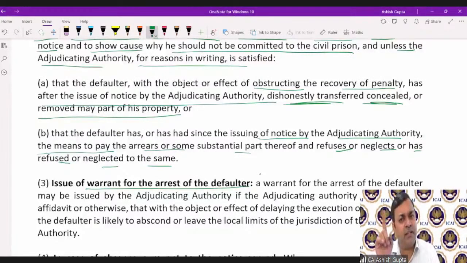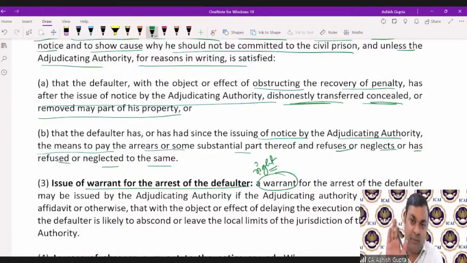After the inquiry, there is an arrest provision also. A warrant for the arrest. Now, what is the meaning of warrant? Warrant means right. We hear the word dividend warrant. What is a dividend warrant? It means you have been provided some right to receive the dividend amount by showing that warrant. So warrant is a right.